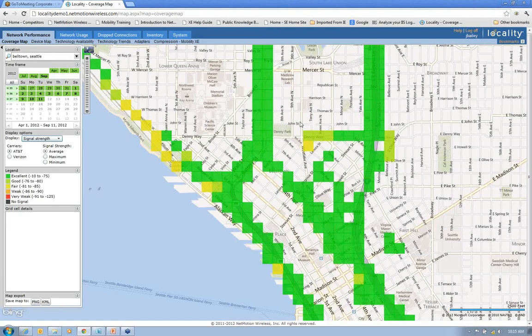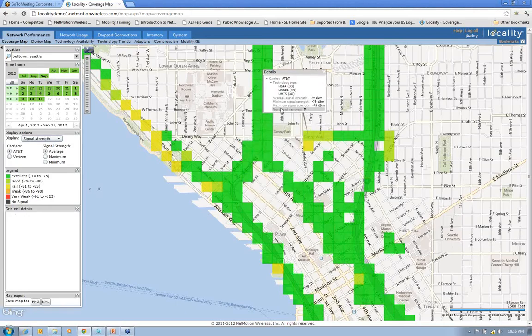So it wasn't an issue with the carrier at all. It was a problem directly with their antenna, and they replaced the antenna with a different one. Problem went away. So it was a great tool to use for them to really find out what's happening. Now again, one of the things I can do is I can just click on a particular square, and I